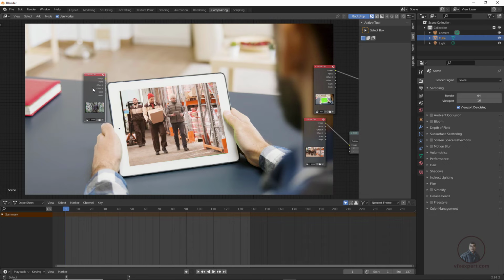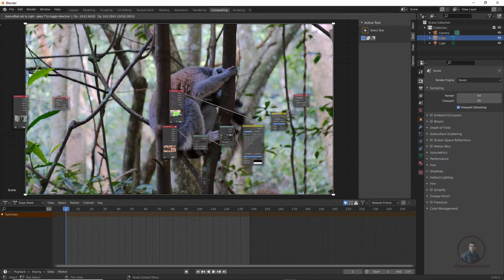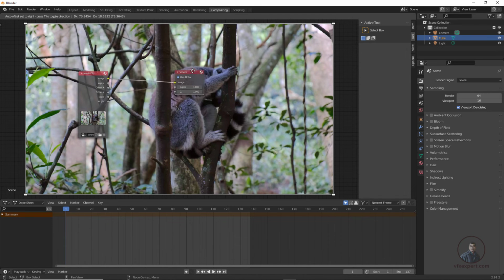Then hold control and shift and click it here. So this will automatically attach your viewer here. So this one, and just move it here. Then after this we again have to take an image, whichever image you want to place here.